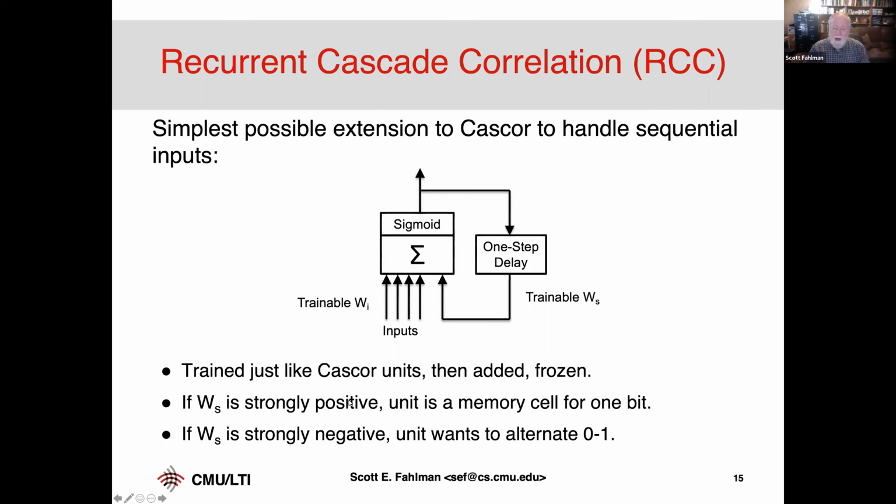And if this is strongly negative, it flips over each time. We didn't see much of that. But if it produces a 1, it'll go through here. This is a 1, and the weight is negative. So now it's saying, okay, change your state, unless these units say stay there. These other inputs say stay there. So you can either create a flip-flop or a very simple 1-bit memory cell.